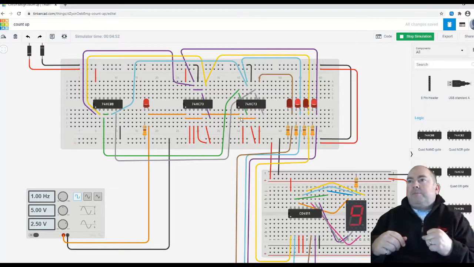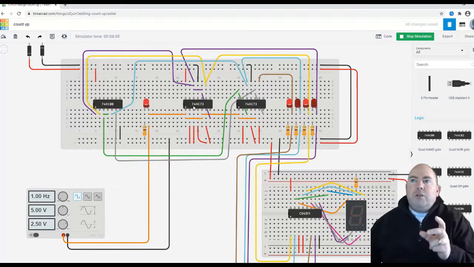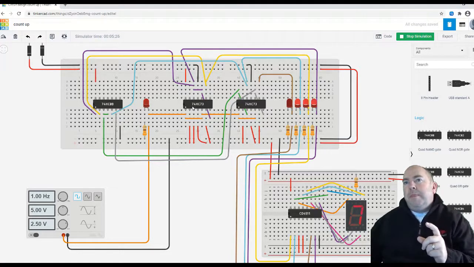time. So the way that we count with this is we are basically changing whether the flip-flops are in toggle mode or not. The way that we do that now is we are controlling whether the J and K inputs are on or off depending on what the state of all the previous flip-flops are. So what we do is we clock them all at the same time. So we look at this first one here. Its J and K inputs are just tied to 1, or tied to 5 volts, all the time, so it's always in toggle mode. The second one is dependent upon if the output